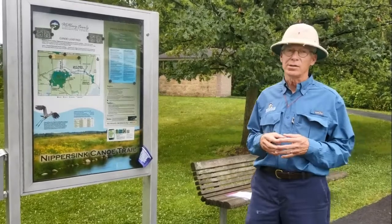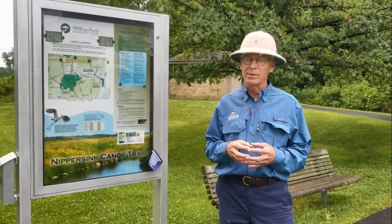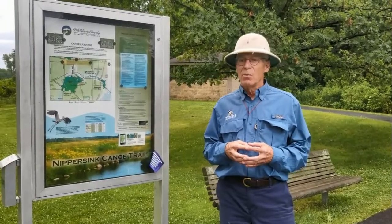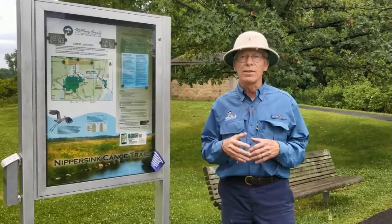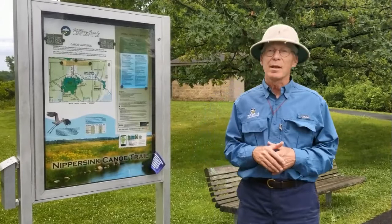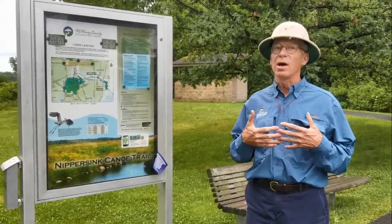Great water conditions, not too much water, not too little with Nippersink Creek. That's always important. So we're going to have a good day today, and our theme for the day will be the changing stream. And I say that because we're going to see evidence for a lot of changes